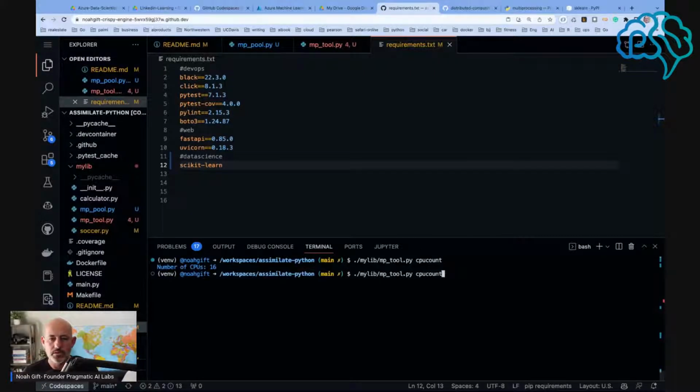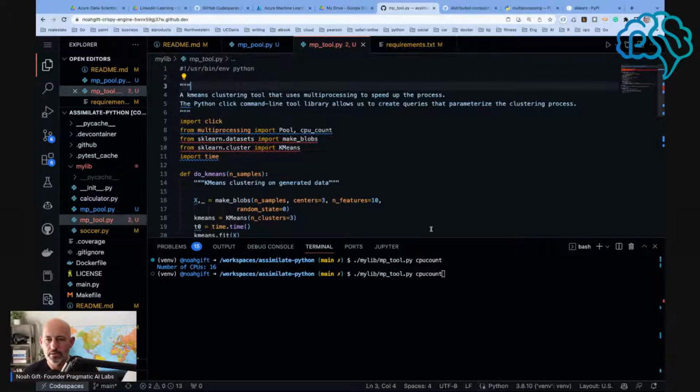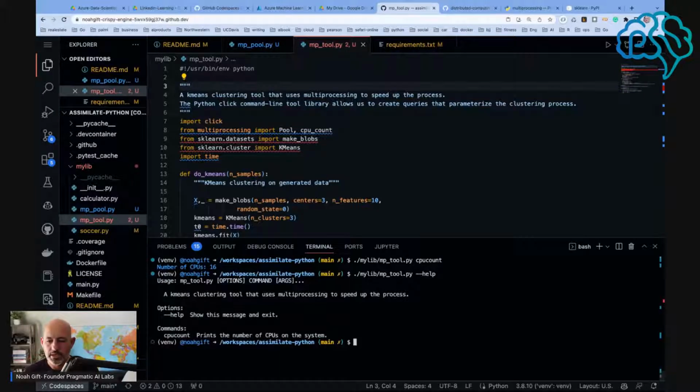CPU count. And then we have help. Perfect. Now that we've got this, if we say make refactor,